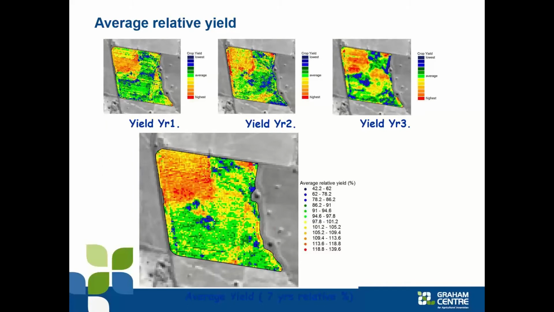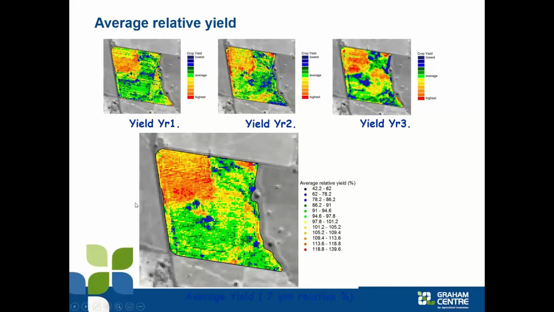So using that same data now, it's a relatively straightforward process to take multiple years of data and normalize that data, so within each year, the average yield has a value of 100. So you can then generate an average picture, which tells us that on average, this red zone is producing up to 40% above average. These blue areas on average are up to 60% below average. And they're the kinds of numbers that yield mapping really just highlights, that there's plenty of patterns out there in paddocks that warrant further investigation.